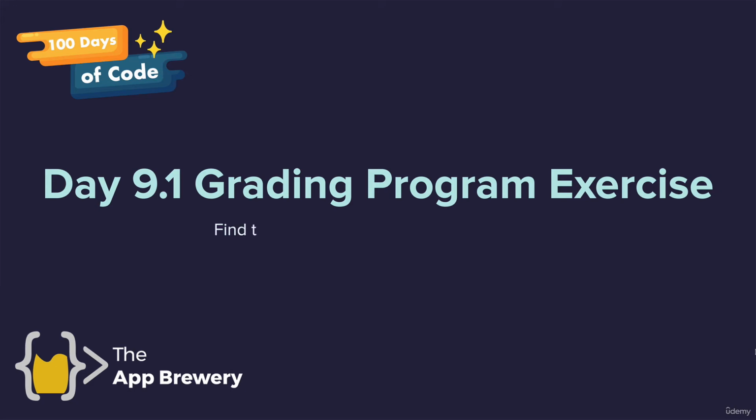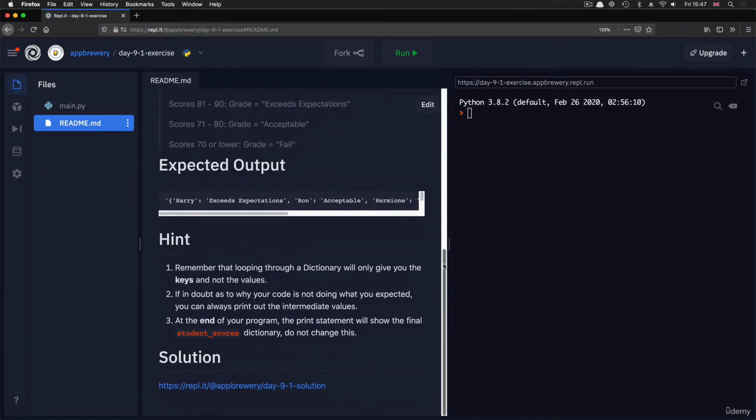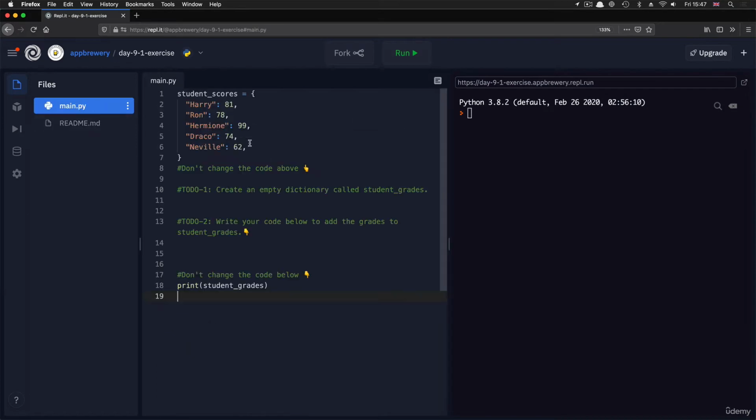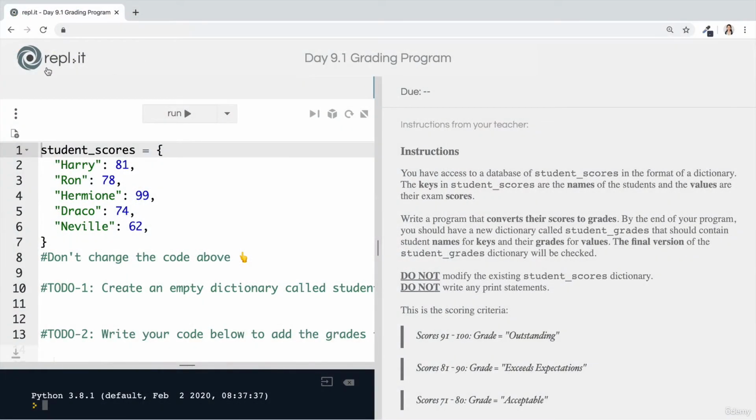All right, so hopefully everything we've learned in the last lesson made sense, and you're ready to put your knowledge to the test by completing the first coding challenge today. And what you're going to be building is a grading program. So if you take a look at the day 9.1 grading program Replit coding exercise, you'll see that to begin,